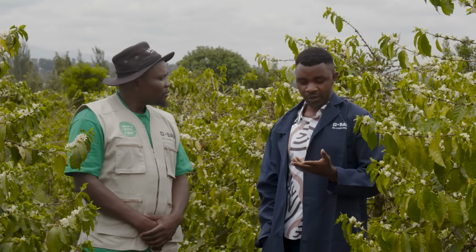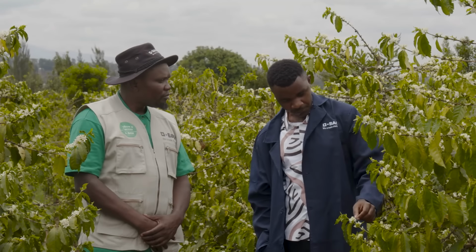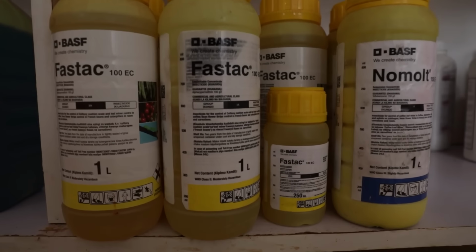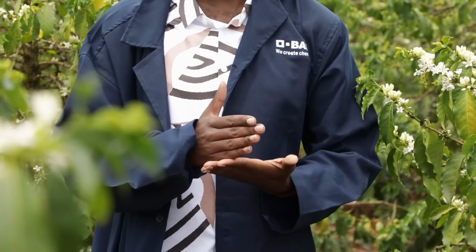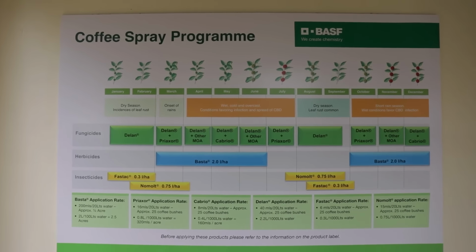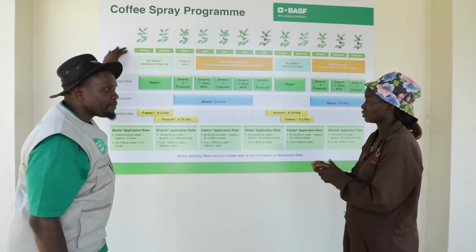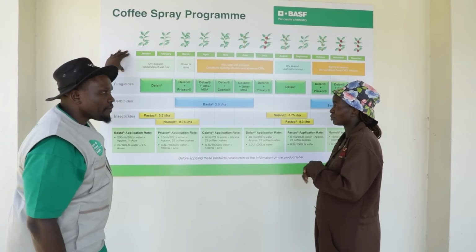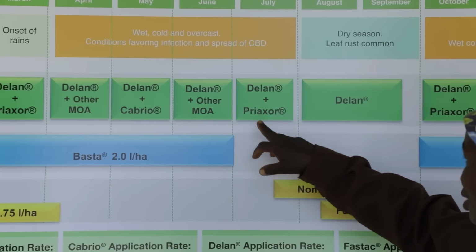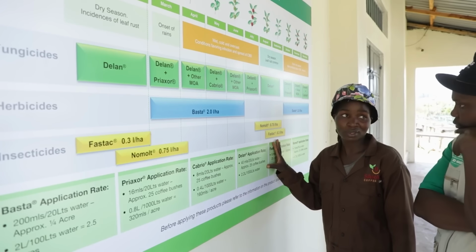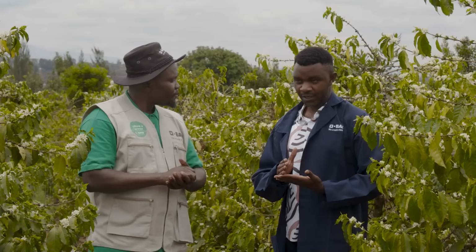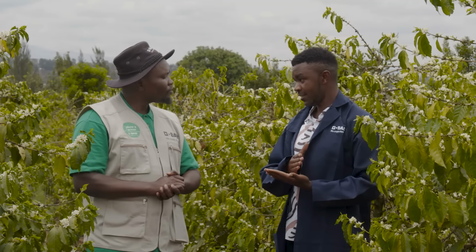But now with the fungicides from BASF, with a good CBD program, you don't have to worry about coffee leaf rust. You've talked about a program. Would you take us through the one that you use with the BASF products? When the coffee starts to expand, we have an interval of 21 days. From the first spray to the next spray, we wait until 21 days are over.